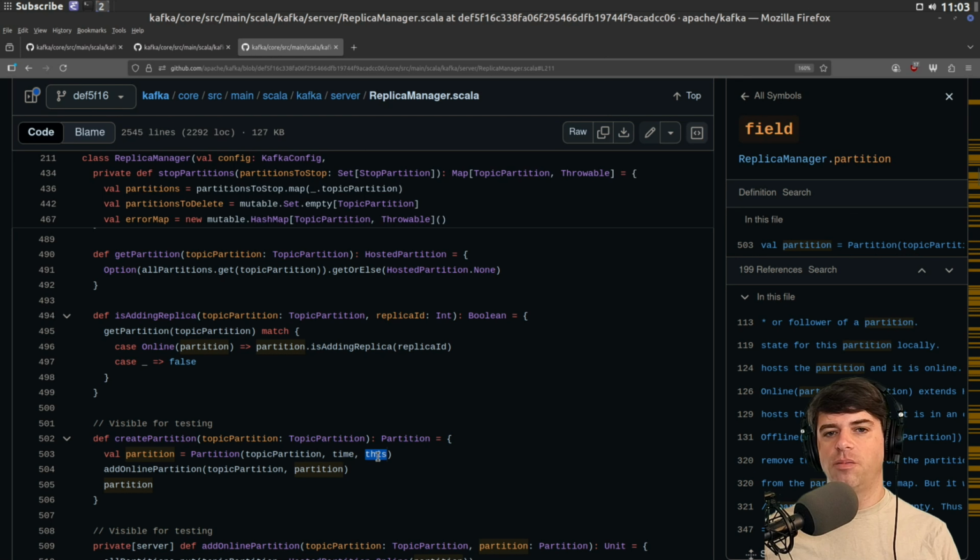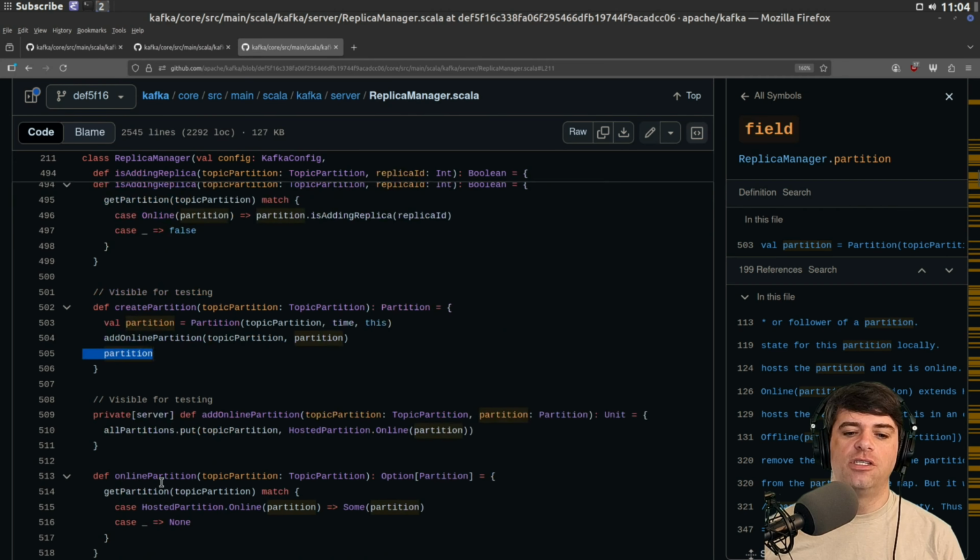So with this, I guess we're passing in the replica manager, and that might set a bunch of stuff based on what the replica manager is. And we'll call add online partition with the topic partition, and it's saying now this thing is online, and also it maps whatever topic partition is to the partition implementation.